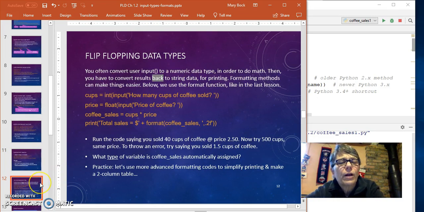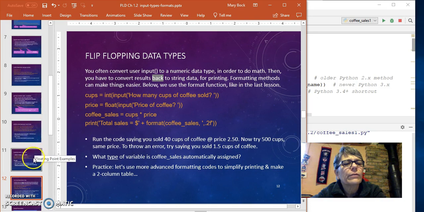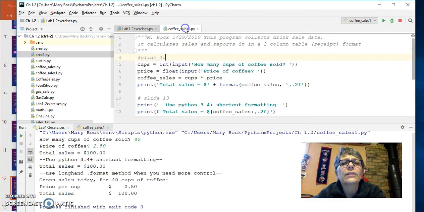So, flip-flopping data types. This piece of code will become part of the lab. It will be adapted for the lab. So, all of the code samples above, they should be in your practice file. Starting with this one, I did open a new file, and that file is called Coffee Sales. I put a 1 because I've done this program before, so I needed to have a different name, but yours would be